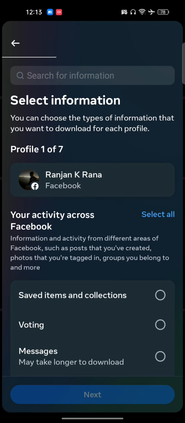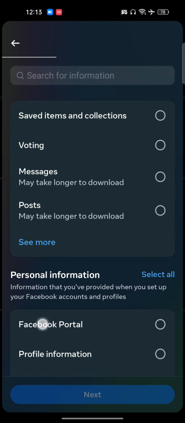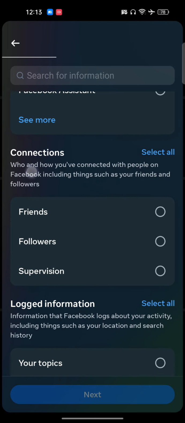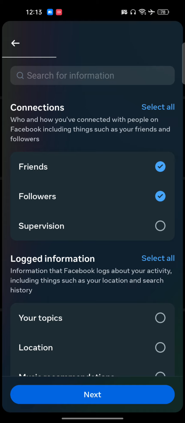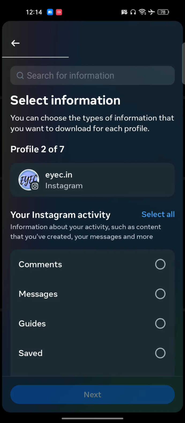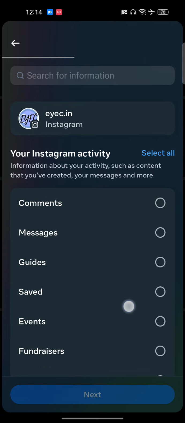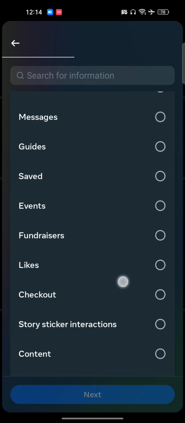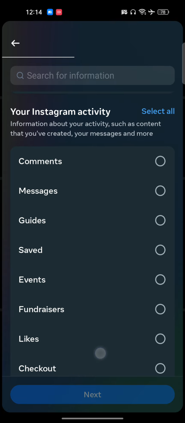Once it opens, you will see a lot of options here, right? Just scroll a little bit down, and here you will find the option of Connections. Now click on Friends and Followers, right? And after that, click on Next, and it will be sent to your email address, right? And after that, you will see a lot more information here. You can select the option of Follow Requests, and once you select that, it will be sent over to